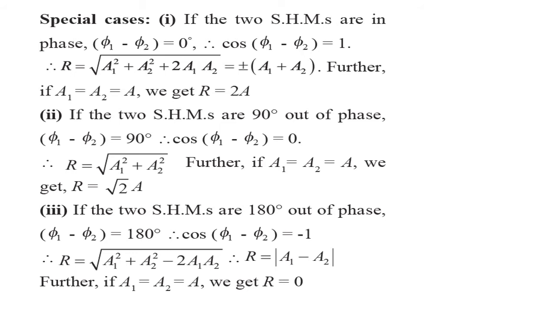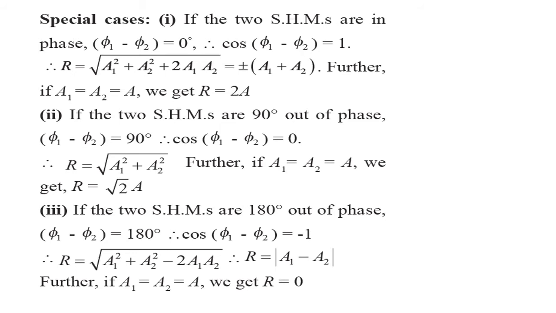Okay. Now in the third case, we are assuming that the two SHMs are 180 degree out of phase. So when 180 degree out of phase means what? Phi 1 minus phi 2 is 180 degree, cos of 180 is what? It's minus 1. So when you substitute that value over here, the resultant amplitude will be equal to